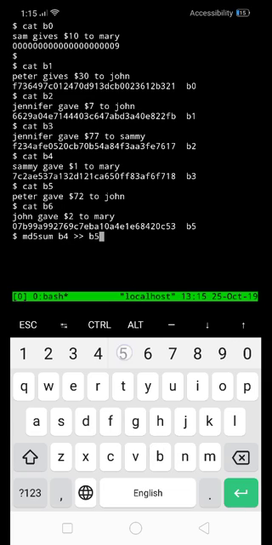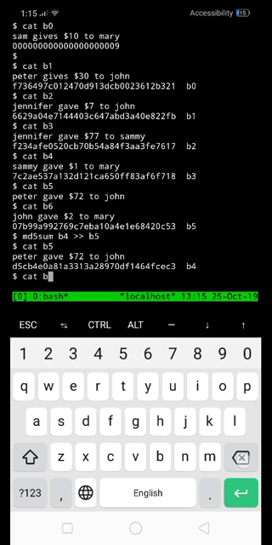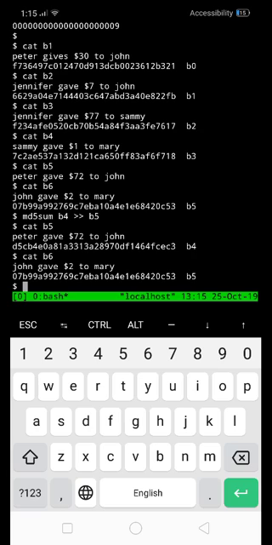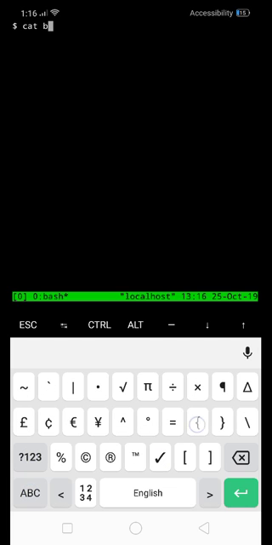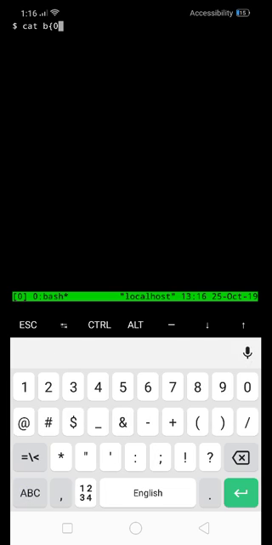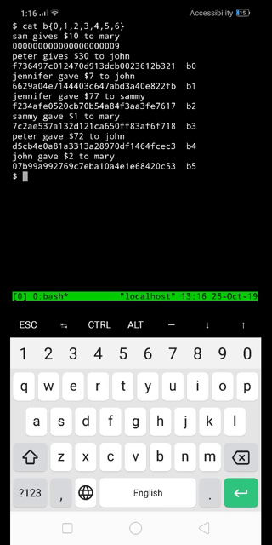I put it in the wrong spelling. Let me clear the screen again and retype that. Let us just put 0, 1, 2, 3, 4.